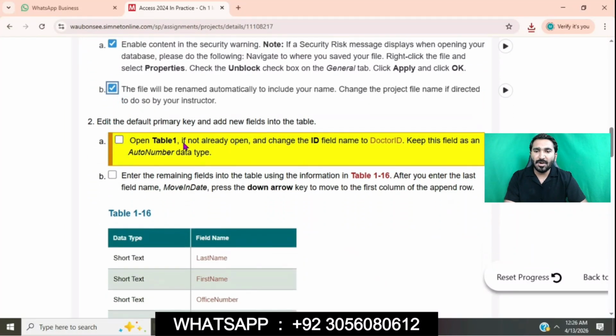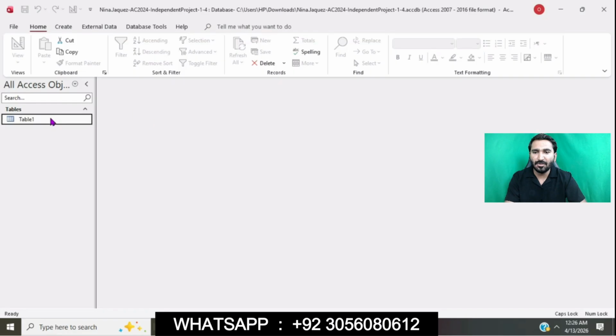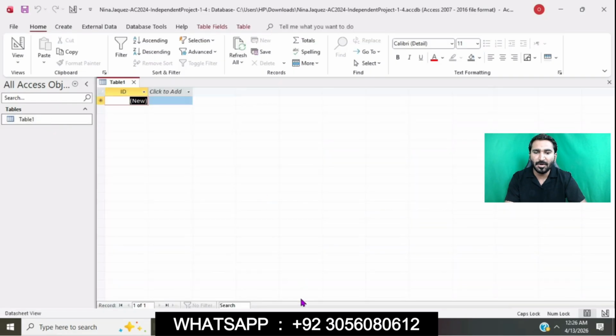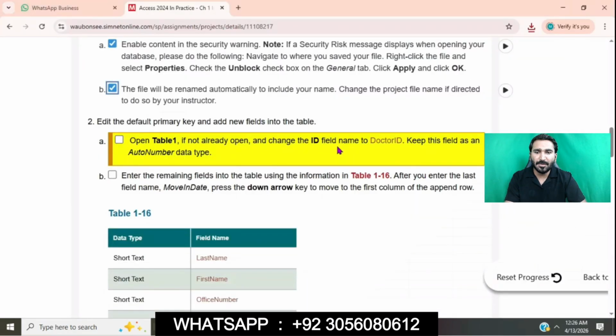So question number 2, edit the default primary key and add a new field to the table. Open the table if not already open, and change the ID field name to Dr. ID. Keep this field as auto number data type. First we will open table 1, double click on table 1, and our table 1 will be opened in the navigation pane.